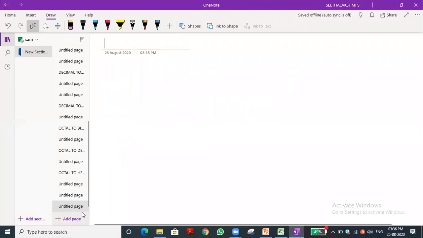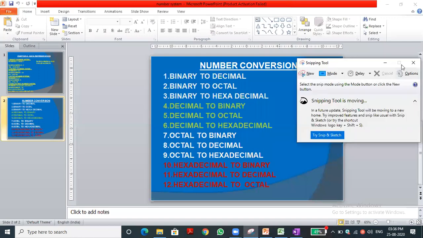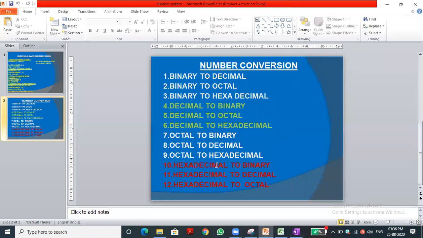One minute. Now we are entering into the next topic. I will show the slide for your understanding. You can see now we are in the 10th position, the 10th conversion we are about to do. So here, hexadecimal to binary. Three more conversions are there. Once we complete them, we will have a very short recap about the entire number conversions, that will give an idea. You can see hexadecimal to binary, hexadecimal to decimal, and finally hexadecimal to octal. Once we complete, the number conversion topic will be over. First we will do the 10th one, hexadecimal to binary.